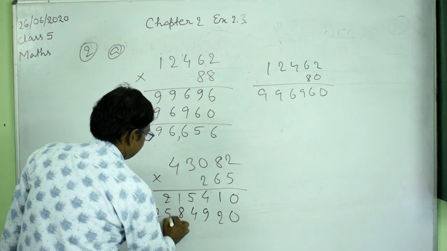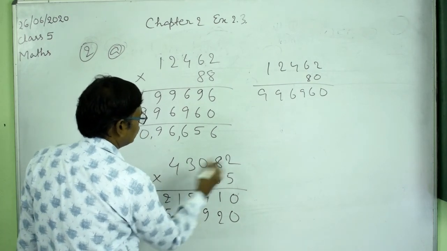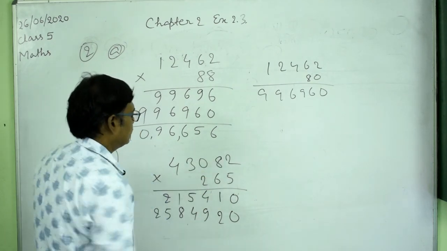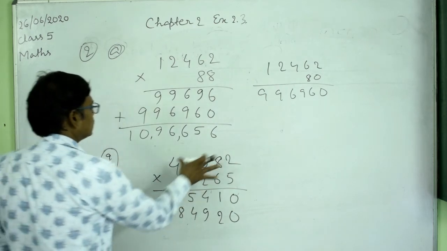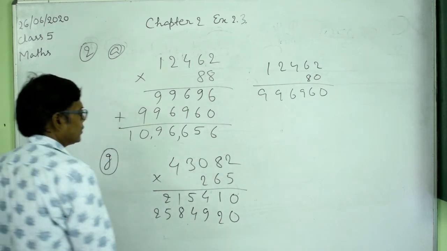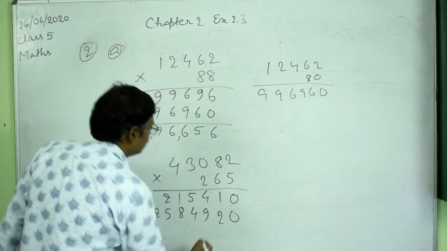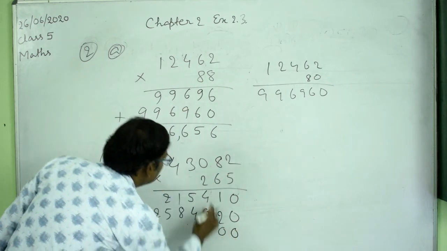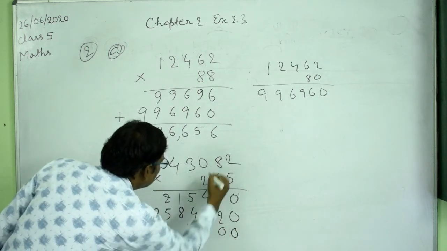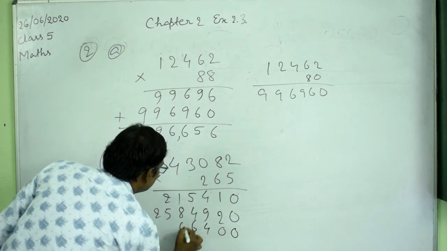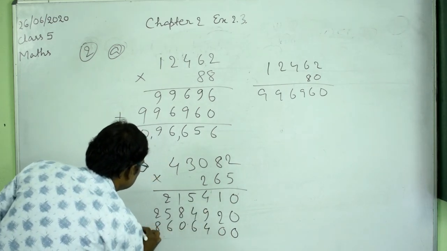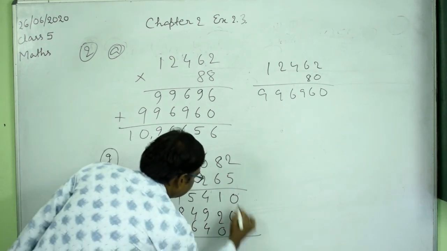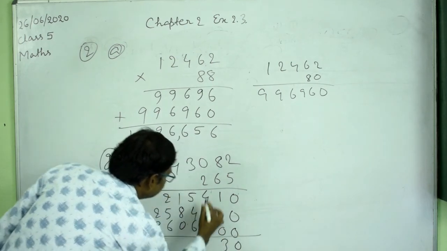And then multiply this whole number with 200, because this is at the hundreds place, that is why we multiply this with 2 hundreds. So you will have 2 fours are 8, then write here 0 and 0, then 2 eights are 16, then 2 zeros are 0, 3 twos are 6 and 4 twos are 8, and then add all these three numbers.